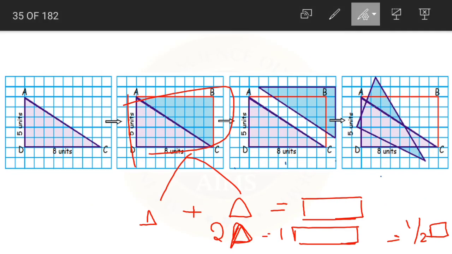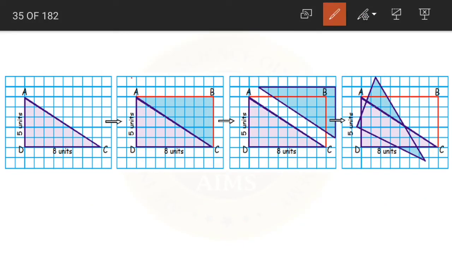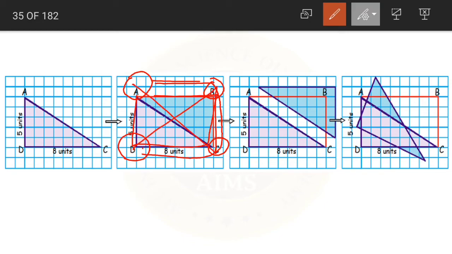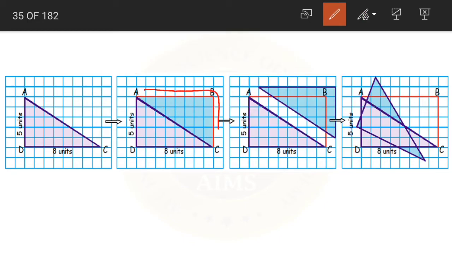See, we have drawn a diagram here, right children? We have just given names to the endpoints A, B, C, D. The triangle is having 4 endpoints. We have to move in the same direction. I cannot say A, C, B, D. I can only say A, B, C, D or A, D, B, C.